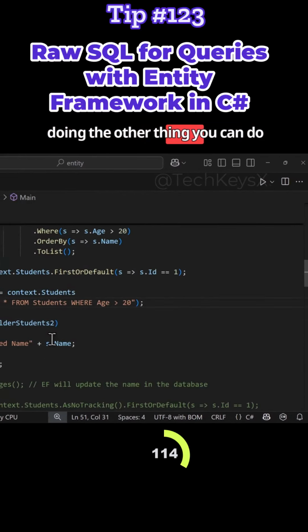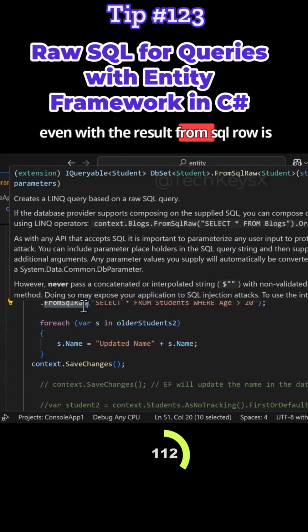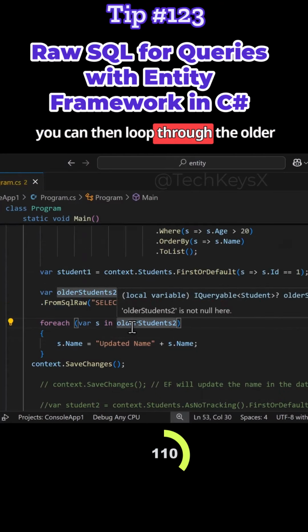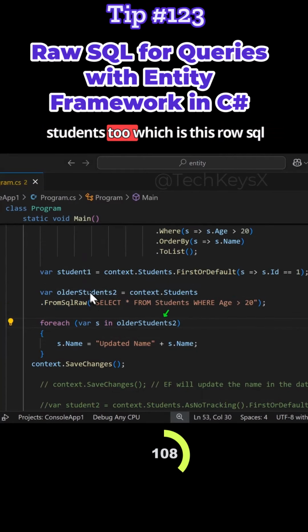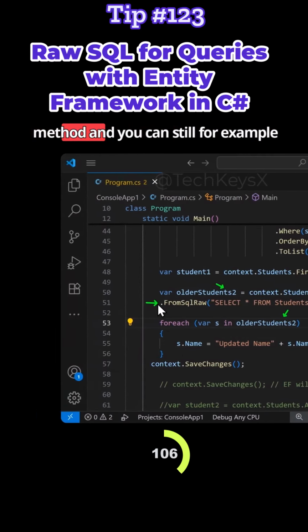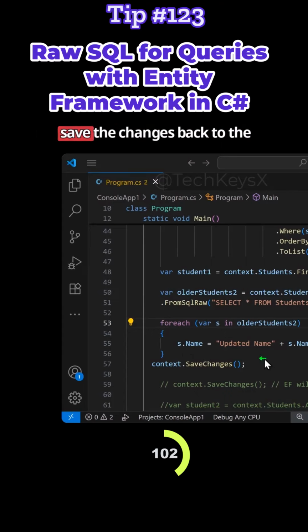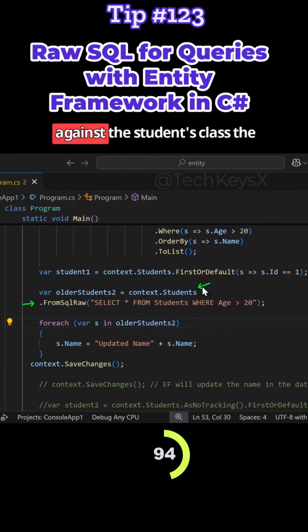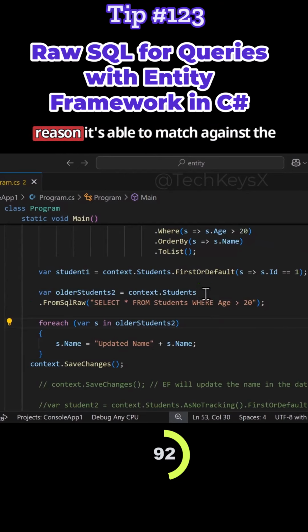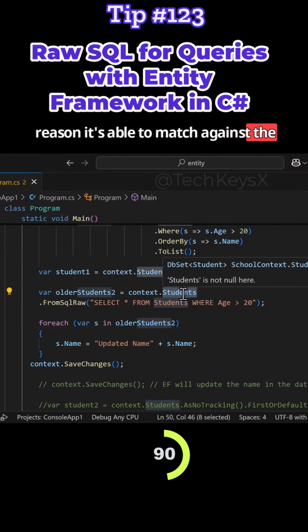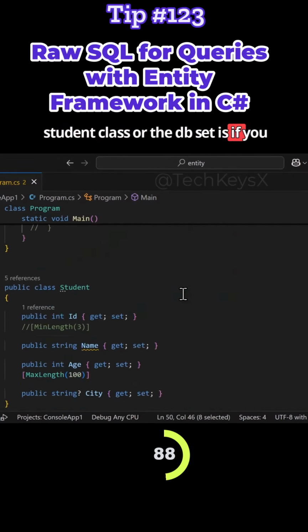The other thing you can do, even with the result from FromSqlRaw, is you can then loop through the older students too, which is this raw SQL method, and you can still, for example, update the name of the student and save the changes back to the database. Because although this seems like a raw SQL query, Entity Framework is able to match it against the Student class. The reason it's able to match against the Student class or the DbSet is if you look at